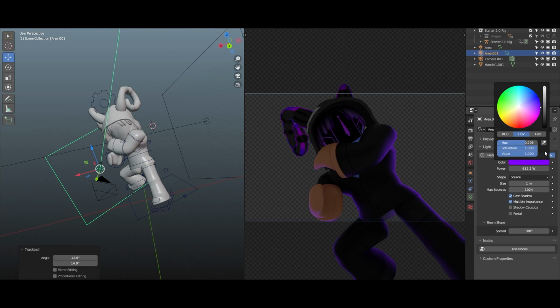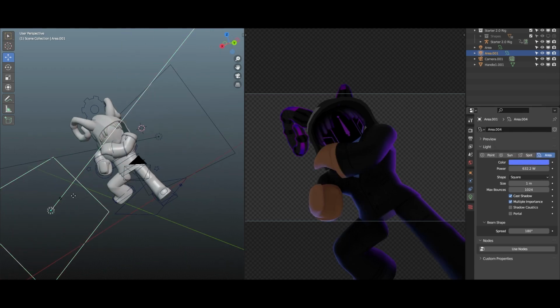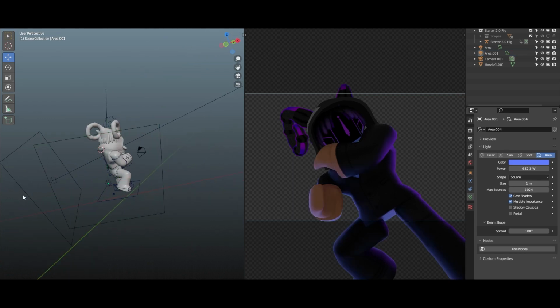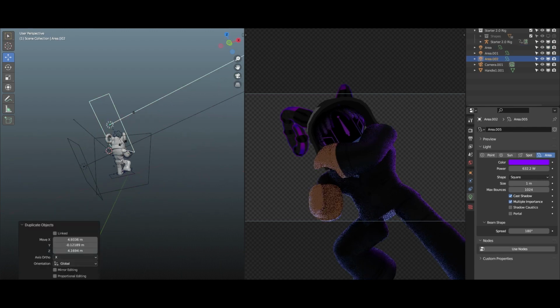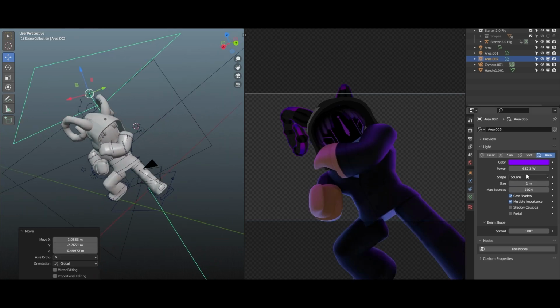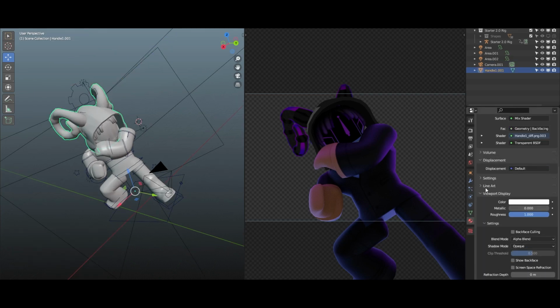And this time, instead of it being purple, because this is a mixed color, I'm gonna be setting this color to bluish, but much brighter, just like so. And we'll have it just like this. And I'll also duplicate the purple light to the top, just like so. Lower the power, and the last thing I'm going to be doing is